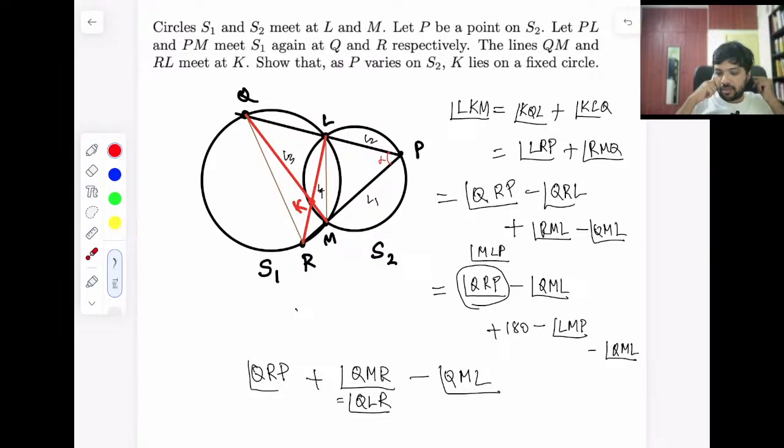Right, so what do we do now? LM by sine alpha is 2r, but if this is theta, then 2r sine alpha, which is fixed, by sine theta is, well, this is what we have to prove is fixed, is equal to some LK by the sine of this angle, and sine of this angle is the same as sine of this angle. We have to somehow get